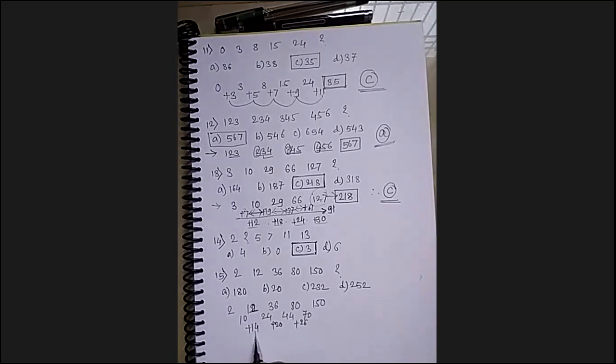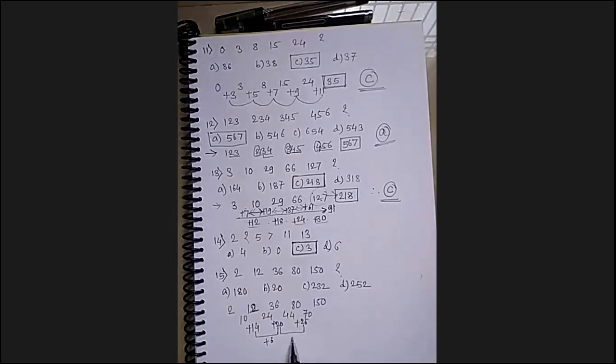So again, what is the relationship in between these two? It is by plus 6. In these two, it is plus 6. Again, here it should be plus 6. So according to that, it will come 32. Now this 32 plus 70, right? So these,